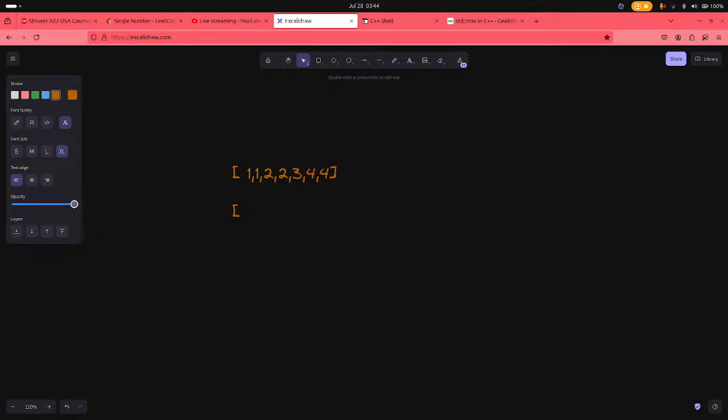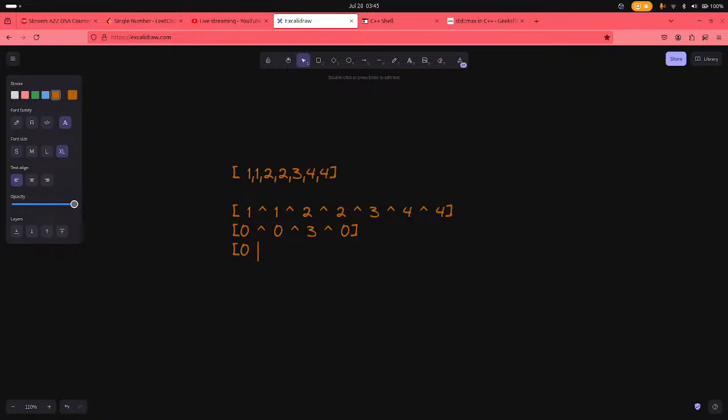So the answer should be 1 XOR 1 XOR 2 XOR 2 XOR 3 XOR 4 XOR 4. What is the utmost answer? 1 XOR 1 is equal to 0, 0 XOR 2 XOR 2 is equal to 0. Awesome. 3 XOR 4, but if I take 4 XOR 4, so that will be 3 XOR 4 XOR 4 equal to 0. So what will be the answer? 0 XOR 0 is equal to 0,